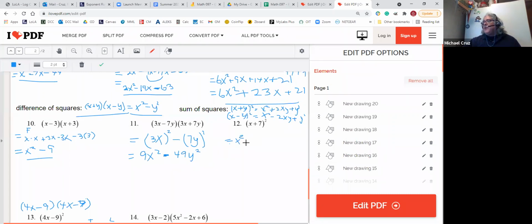I'm just following that top one. Plus 2 times x times 7. So that's 7x plus 7 squared. So that's going to be x squared plus